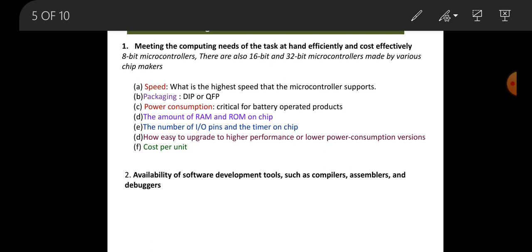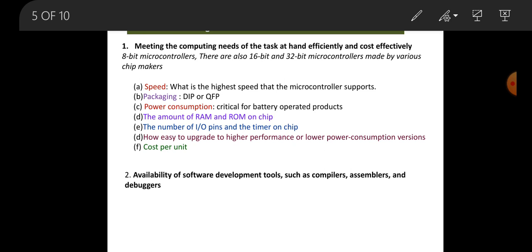So when you want to fabricate it, what is the amount of space available, whether you want to go for a 40-pin dual in line package, or a quad flat package, or any of the other packaging formats. That depends upon the type of assembling and the amount of space available, right? Third comes the power consumption. Power consumption is a critical factor when it comes to battery powered products. The fourth one,